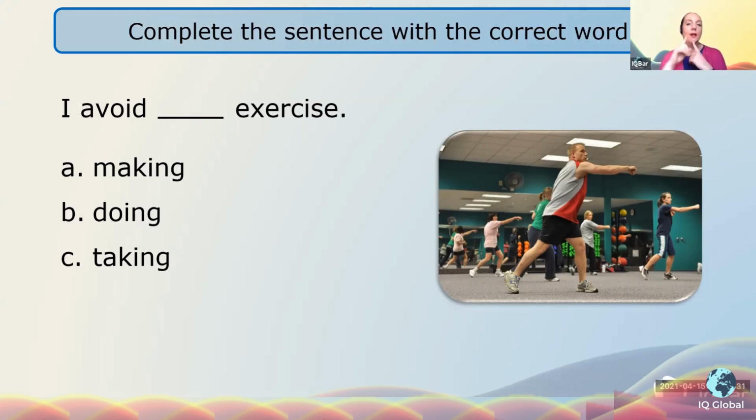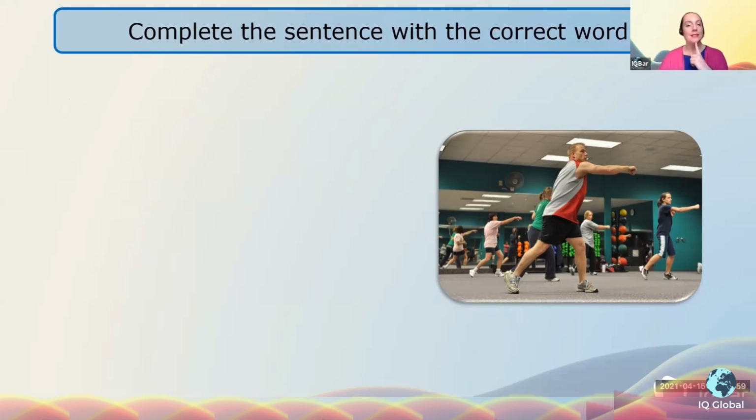I avoid making exercise, doing exercise, or taking exercise. Well, look at the picture. Is anybody making anything? No, they might be making some noise, but they're not making exercise. Is anybody taking something? No. So it must be